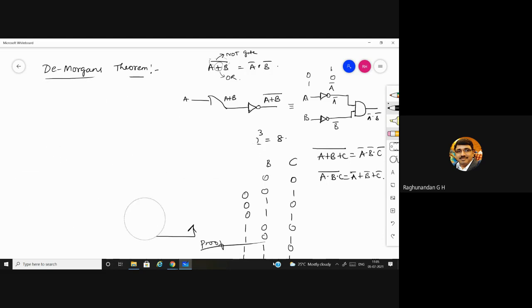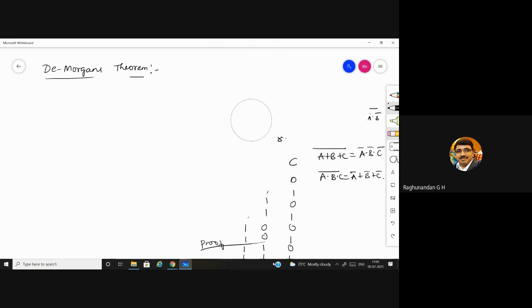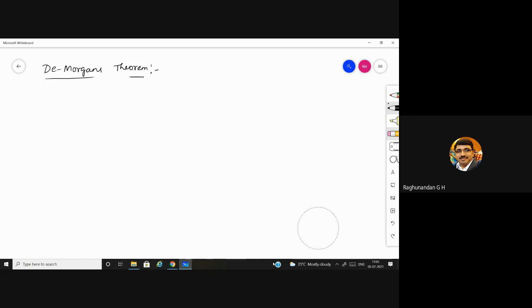If they're asking for 4 variable, what will be the De Morgan's equation? A plus B plus C plus D whole bar is equal to A bar dot B bar into C bar dot D bar.